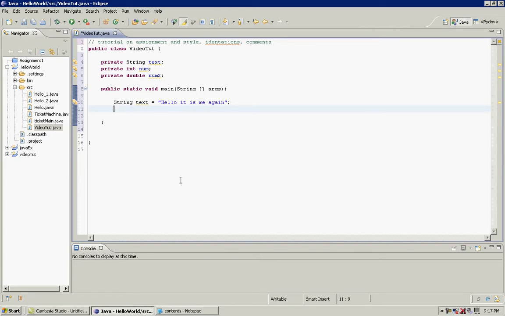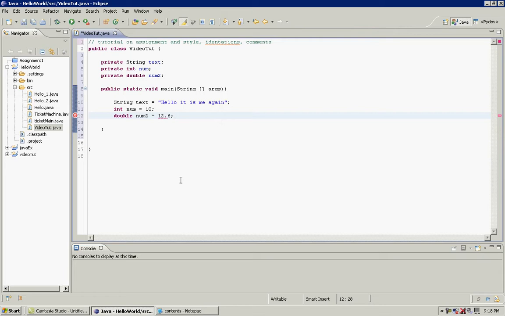Here it works as an operator, and the same thing applies to other assignments. For example, int num equals 10 and double num2 equals 1.5